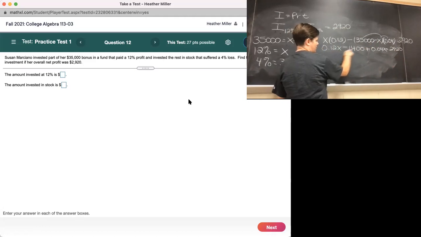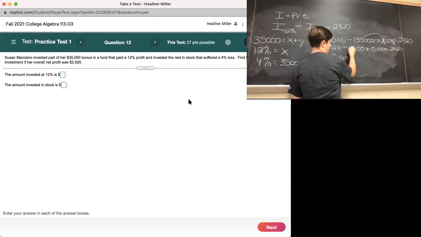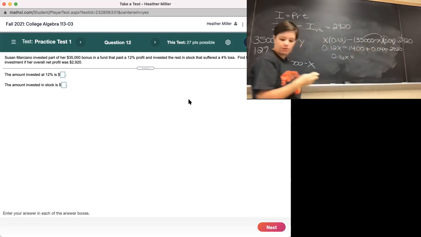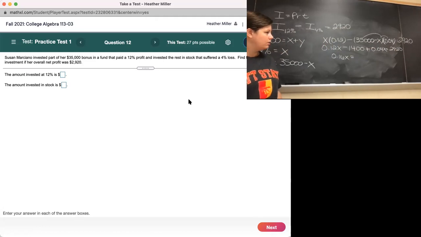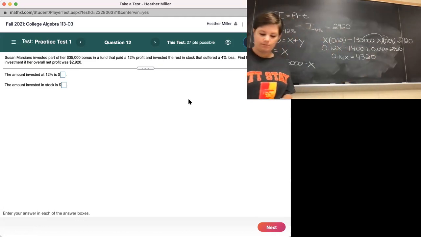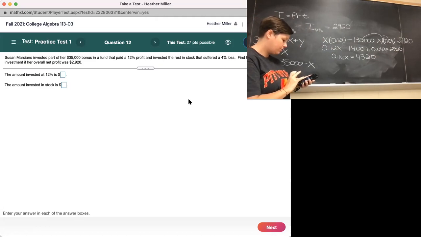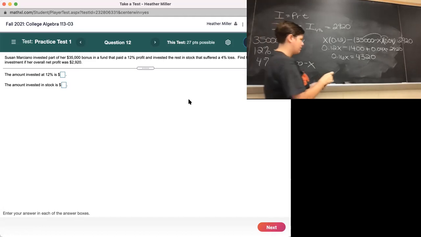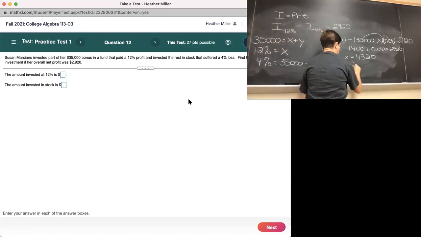So 0.12x plus 0.04x, so it's 0.16x. And I'm going to add that 1,400 over to the 2920, which will give me 4320. And this is where your nice little calculator comes in handy. 4320 divided by 0.16, x equals